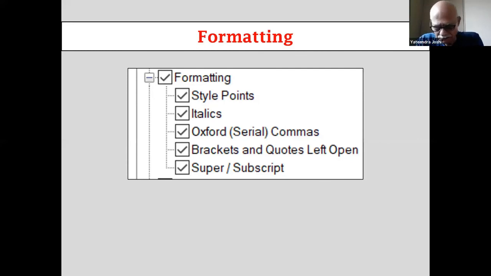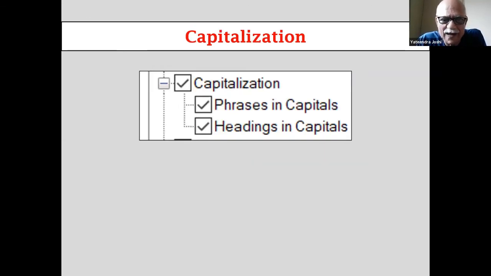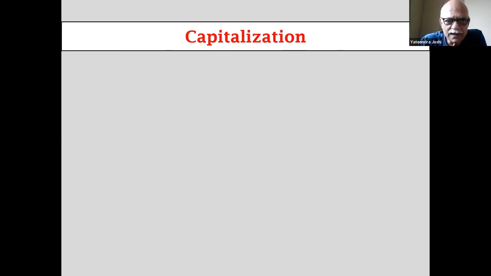About the Oxford or serial comma, I have an issue with Perfected. I'll come to that in a minute. But maybe it is related to version 3.3. Maybe they have taken care of it later. That you can tell me later on. So capitalization, again, headings, whether you have used title case or sentence case, consistently, it will check that as well, or at least claims to check that.